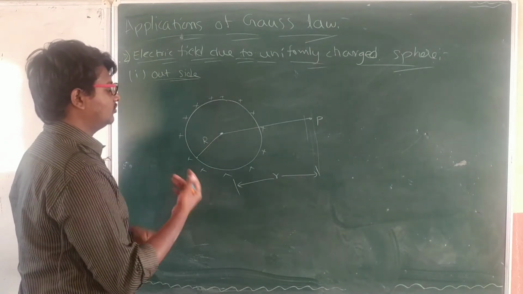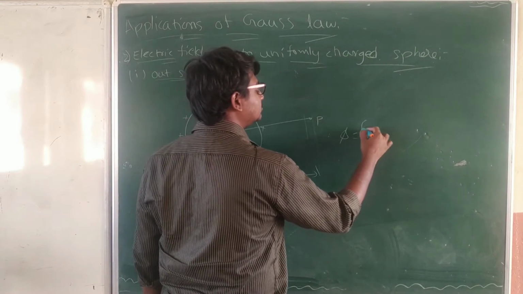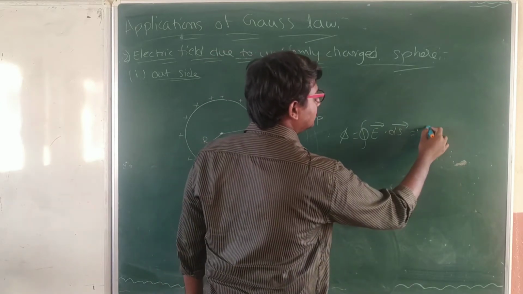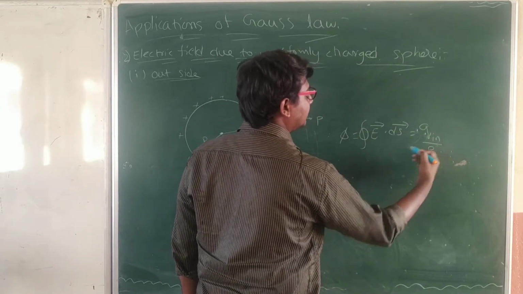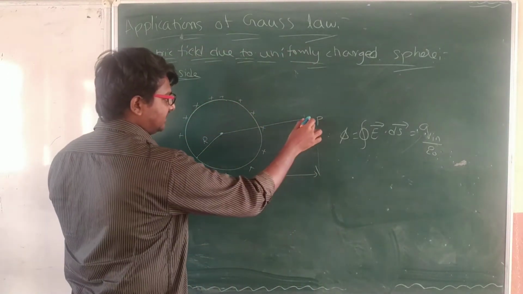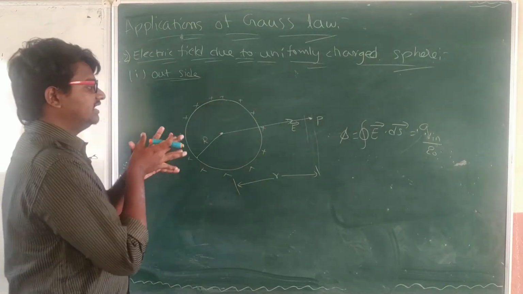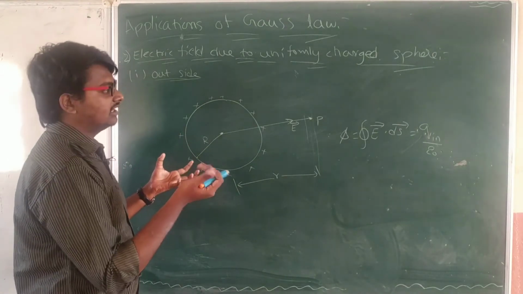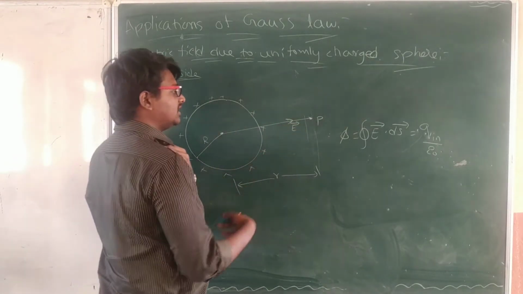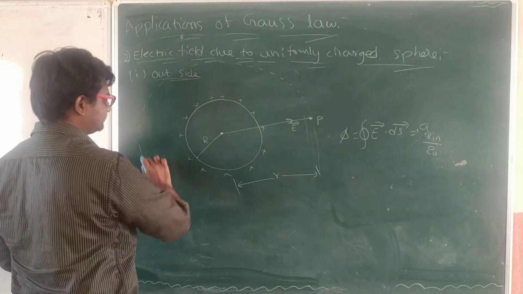Okay, now according to Gauss law, flux phi is equal to the integral of E bar dot dS bar, which is equal to q inside by epsilon naught, right? Fine. And now the point P is here. The electric field is going in this manner. Always from a sphere the electric field comes out radially, as if sunrays are coming out from the sun radially. In the same manner here also it will be the same. Here let me consider a Gaussian surface.